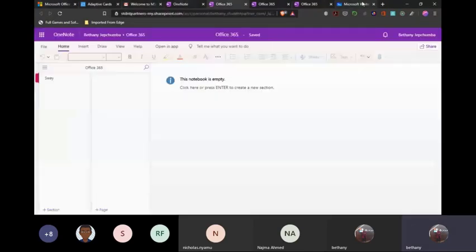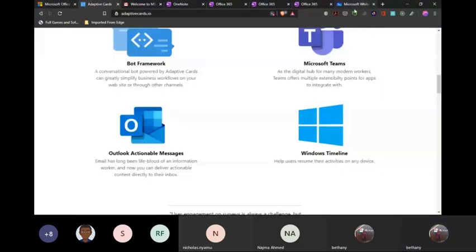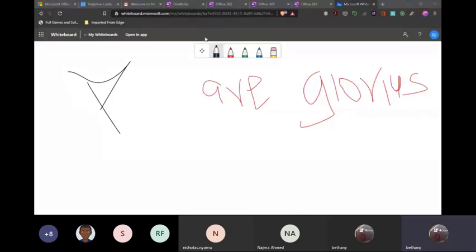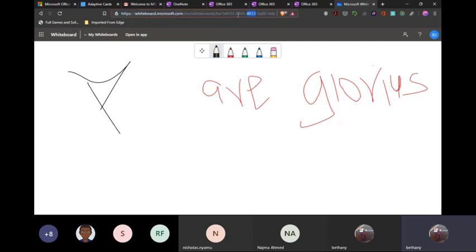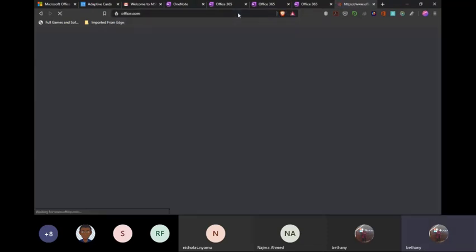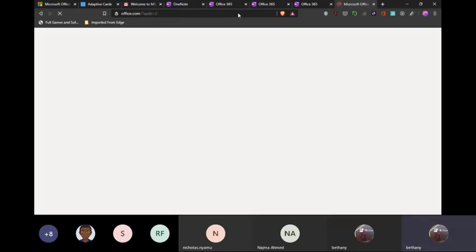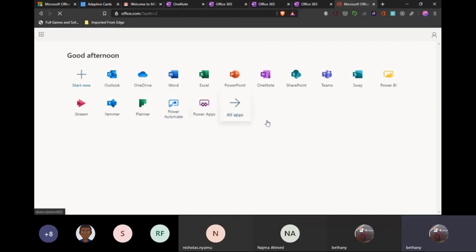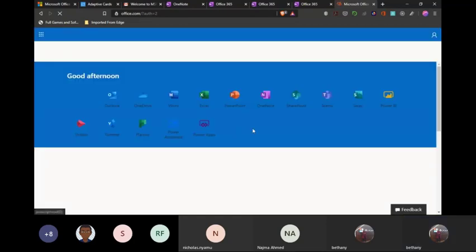The other good thing about Microsoft, the last thing about Office 365, is the fact that you can also add other apps to your Office 365, like Azure Notebooks. It's not here. Okay. So with Office 365, you can be able to link with other apps, other than the apps Office 365 is giving you. You can be able to link others like Azure Notebooks,